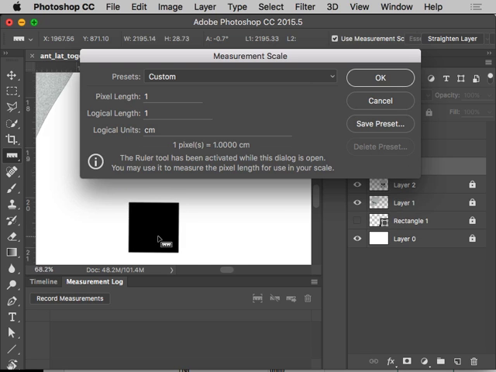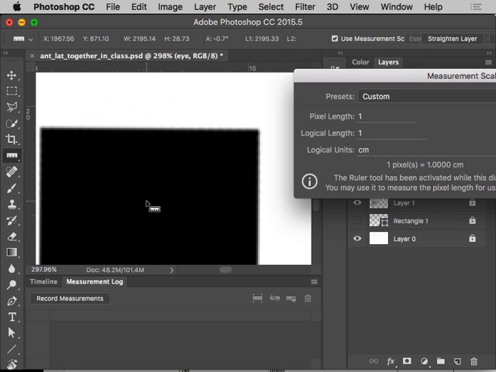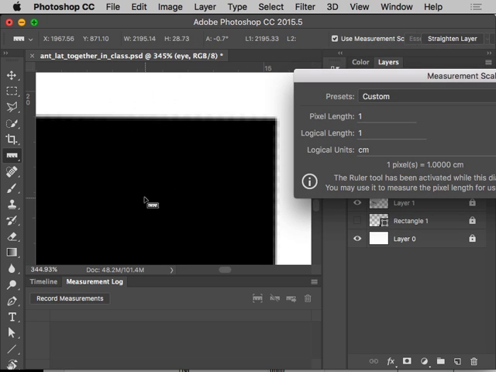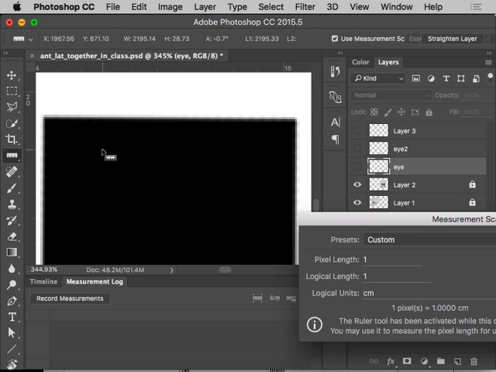So I'm just going to zoom in as close as I can to this cube so I start even seeing the pixels and the anti-aliased pixels on the edge. So something like this. And then I've got the ruler open, so I'm just going to click on one edge of my little cube here. I'll hold down Shift to keep the line straight. Drag over to the other corner